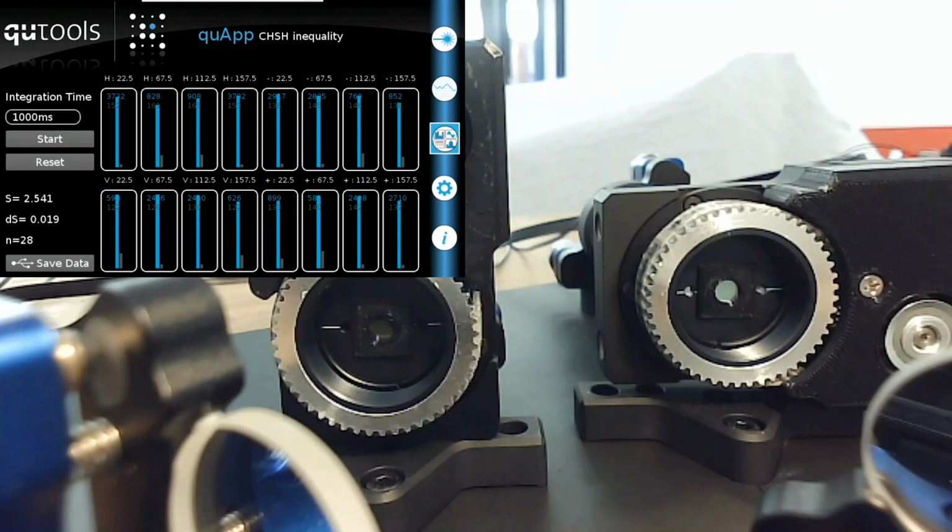2.541 in this case. And because of the high count rate that we have, we violate the classical or the local realistic bound of 2 by about 28 standard deviations right now. Which means that in this case, Einstein was not right. Quantum theory seems to be complete, and we have to live with the fact that we have this non-local behavior